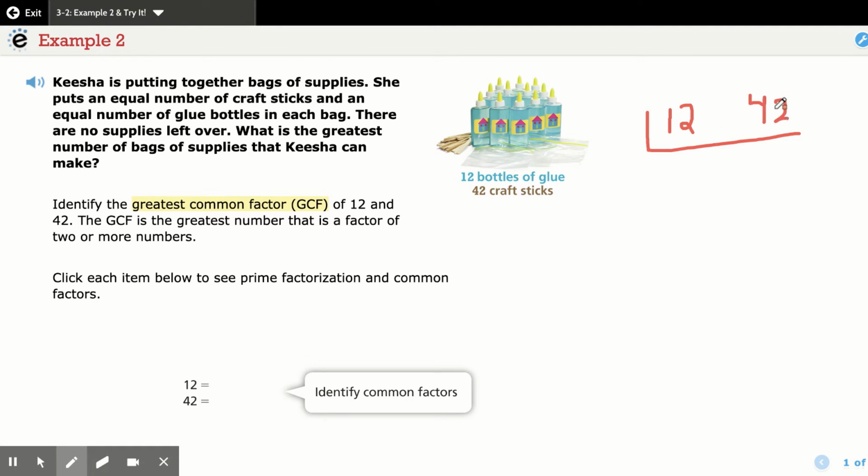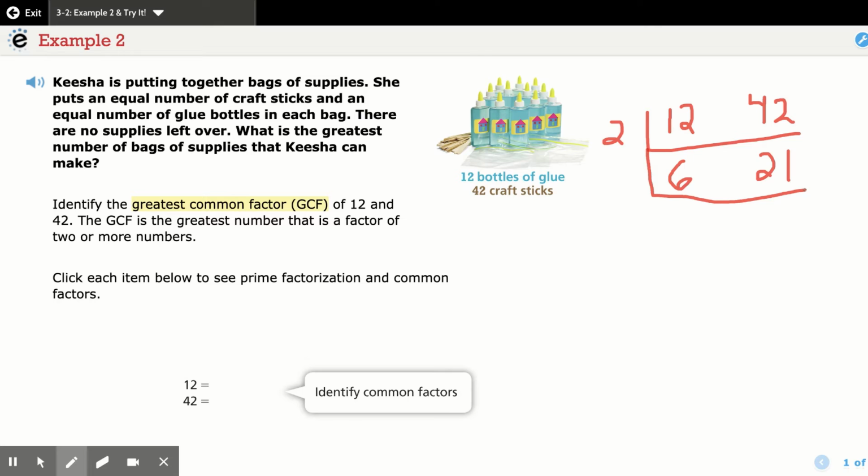You could say that they're both even, so we can divide them both by 2. Of course, you can divide them by other things, but I just want you to see that you can even go as simple as dividing by 2 and still get the correct answer. 12 divided by 2 is 6, 42 divided by 2 is 21, and then you draw another layer because 6